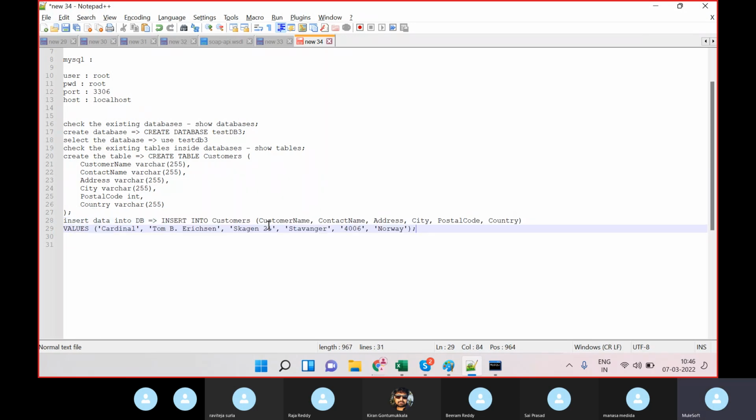Let's see. Insert into customers. So these all are the column names you can see. According to these column names, here you need to insert the values. Okay, so these all are the column names. For this customer, you have to insert the value, like